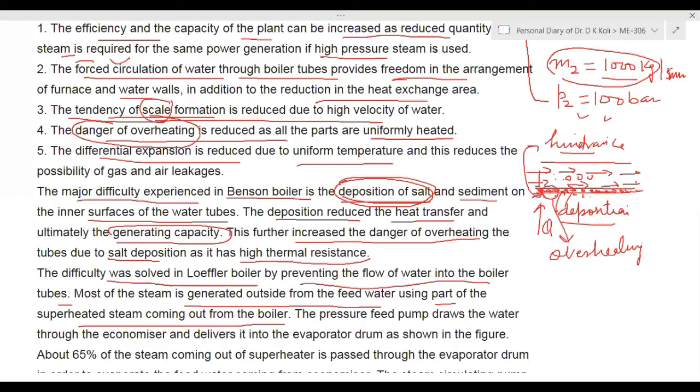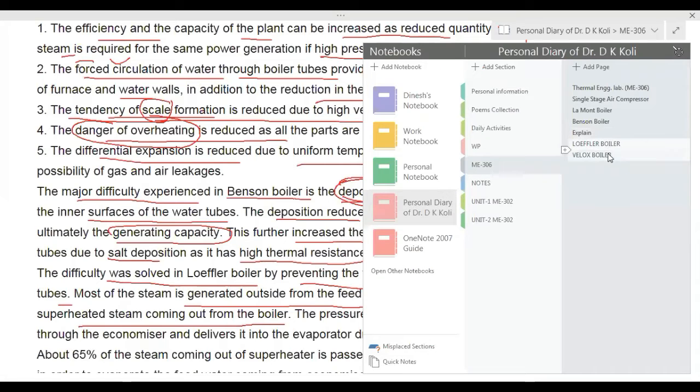But in the case of the boiler, we use the boiler at large capacity. We have to use a large amount of water to generate the steam. If such a quantity at the large level is being used for the generation of steam, it will form a lot of problems. So the problem occurs like this, which I am going to explain to you.